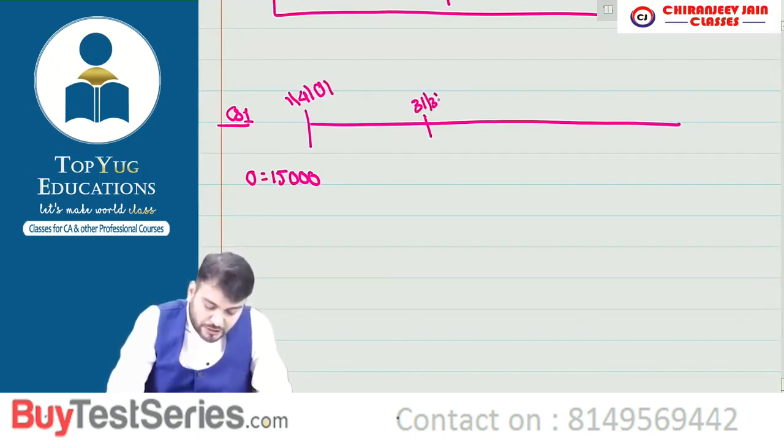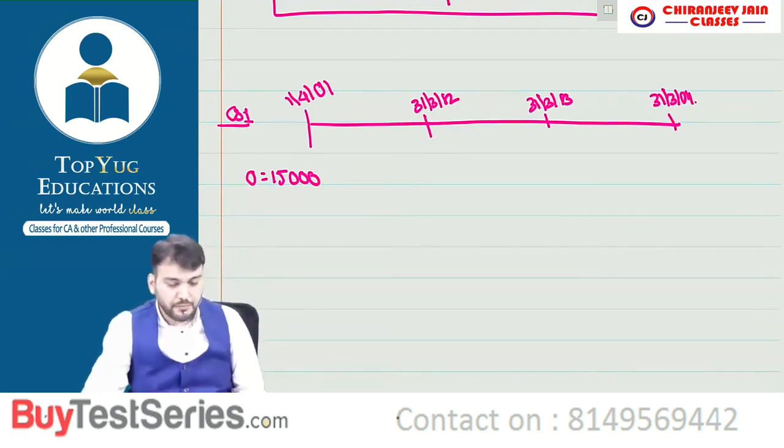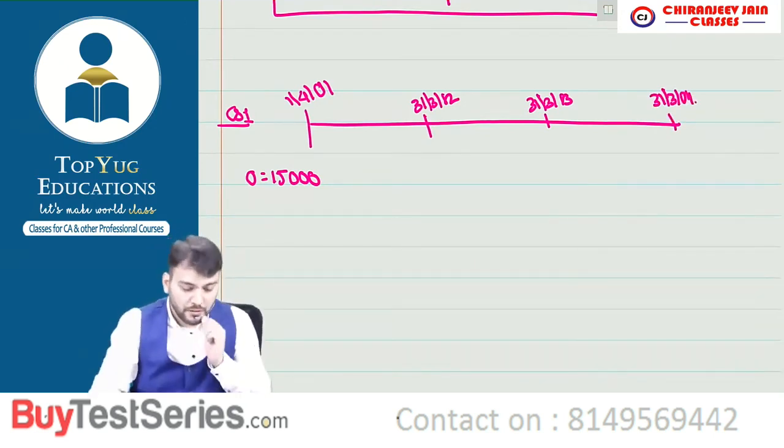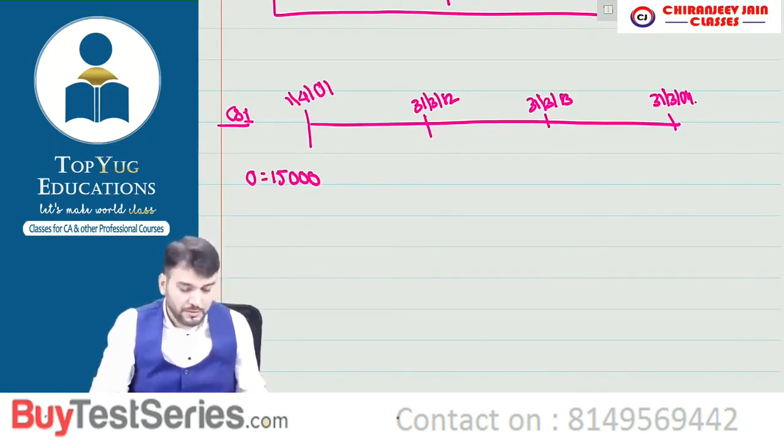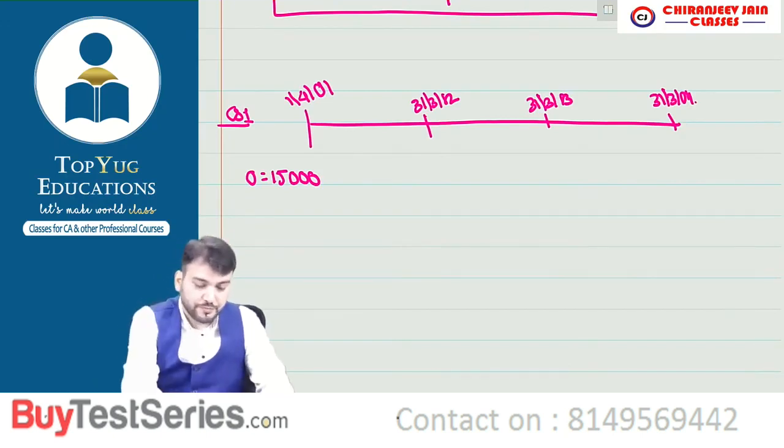This is 31st March 2002. This is 31st March 2003 and this is 31st March 2004. Correct. So options,